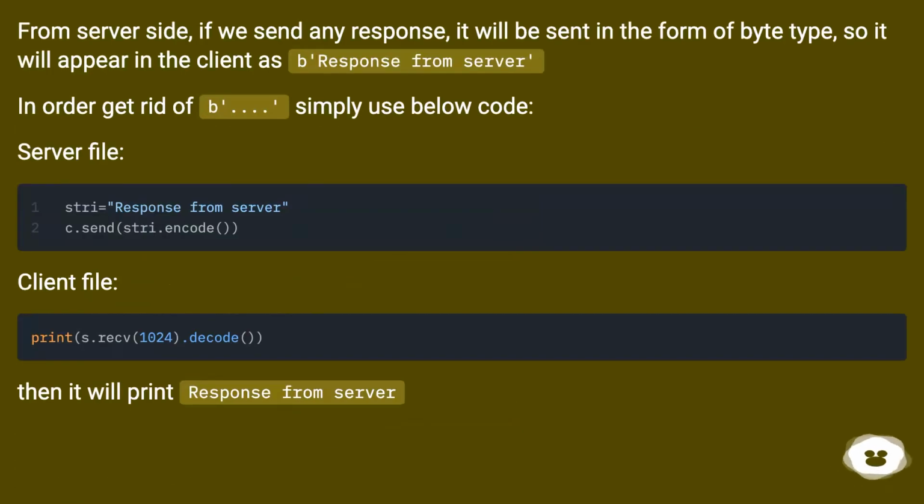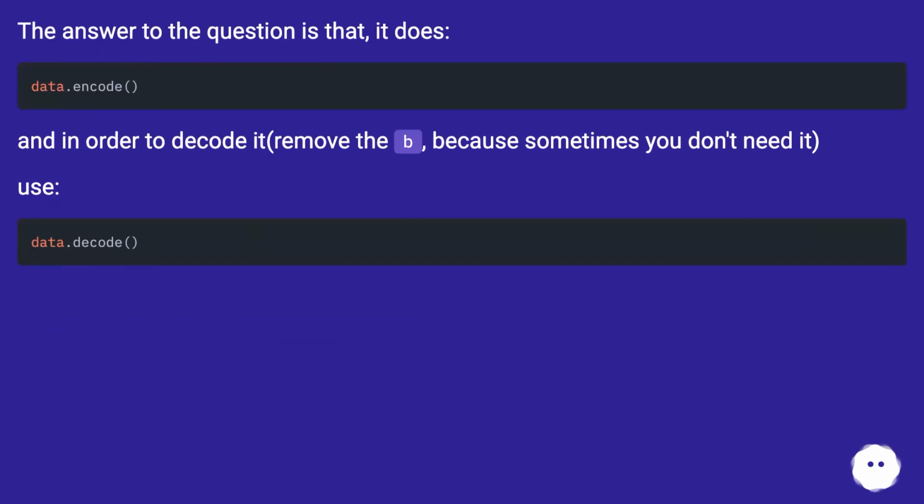From the server side, if we send any response, it will be sent in the form of byte type, so it will appear in the client as a response from the server. In order to get rid of the b'', simply use the code below. Server file. Client file. Then it will print the response from the server. The answer to the question is that it does. And in order to decode it, remove the b, because sometimes you don't need it. Use